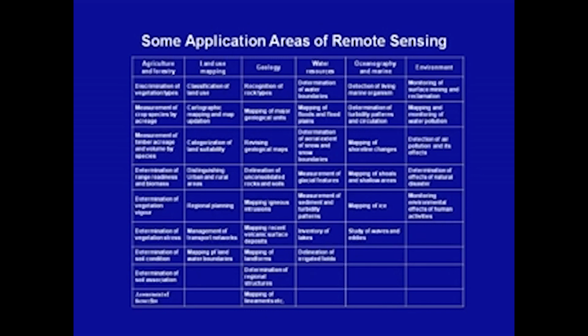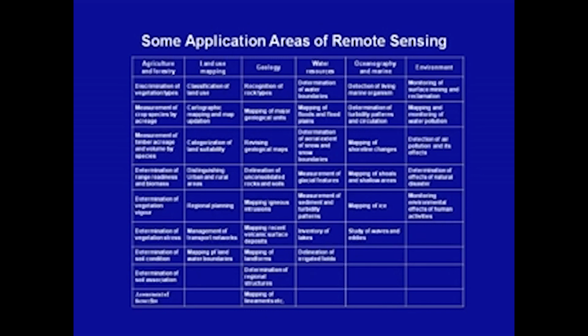In the area of land use mapping, it is possible to undertake the classification of land use, cartographic mapping and map updation, categorization of land suitability, distinguishing urban and rural areas, regional planning, management of transport networks, and